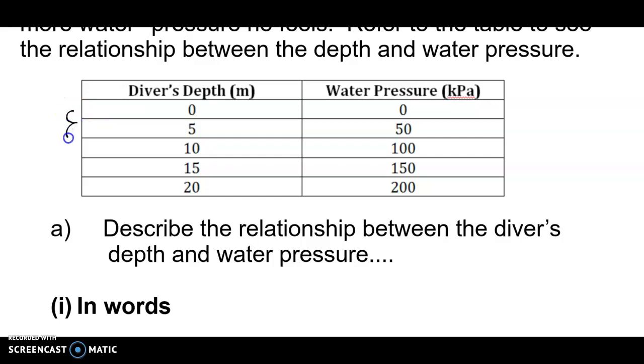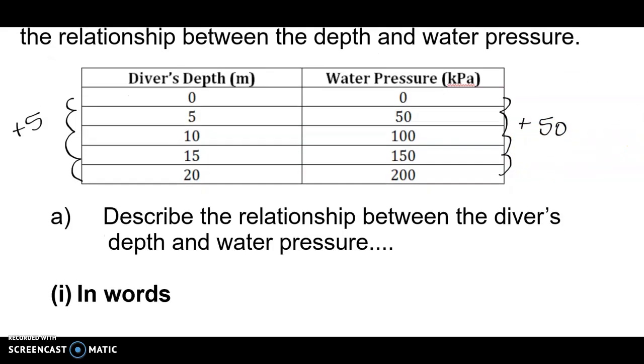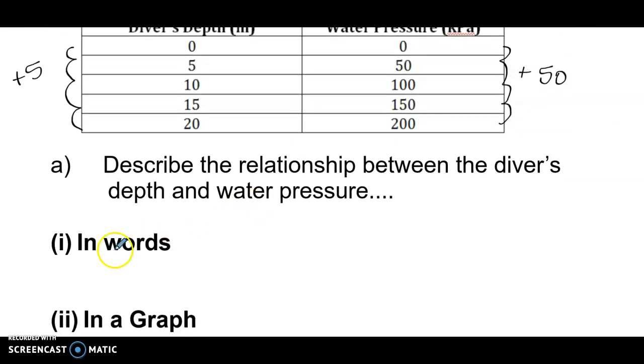So 0 to 5, 5 to 10, 10 to 15, 15 to 20 adds 5 each time. If we look at the water pressure, 0 to 50, 50 to 100, 100 to 150 to 200, we're adding 50 each time. For part A, we're asked to describe the relationship between the diver's depth and water pressure in